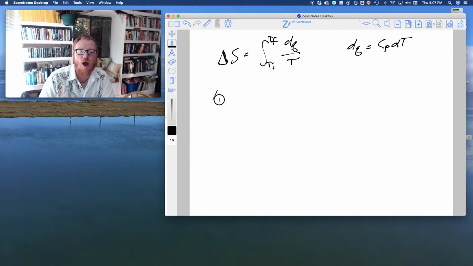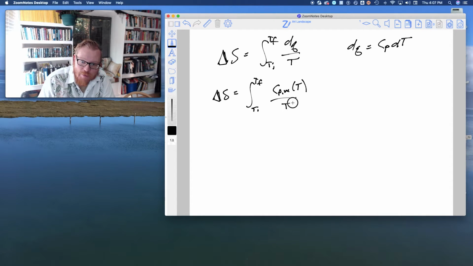Okay, so now if I want to get molar entropy from my heat capacity data, then I can perform the same integration that I just described. However, it's going to be Cpm as a function of T, but now divided by T